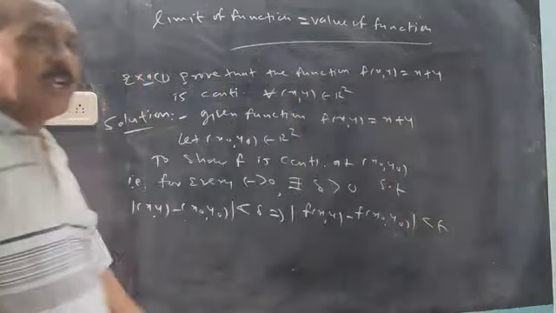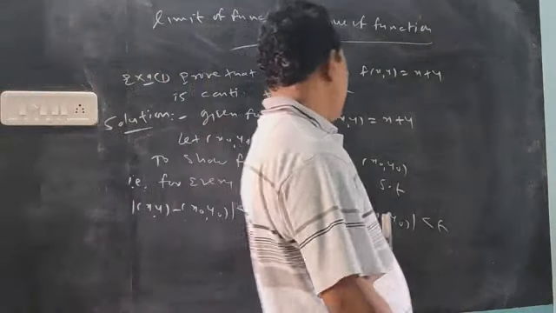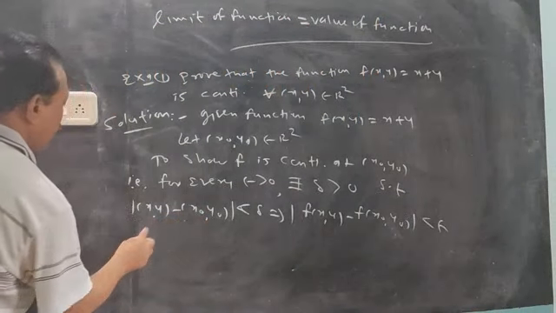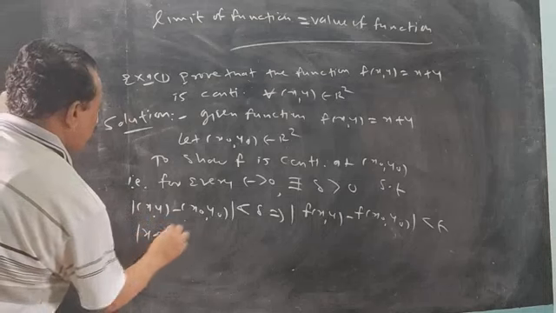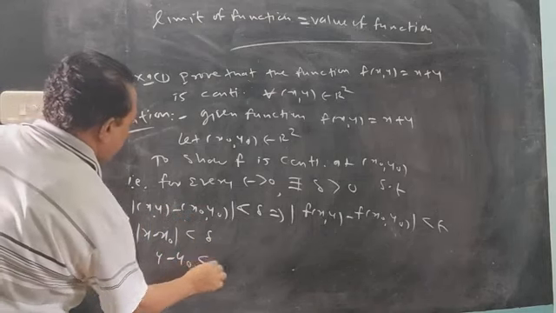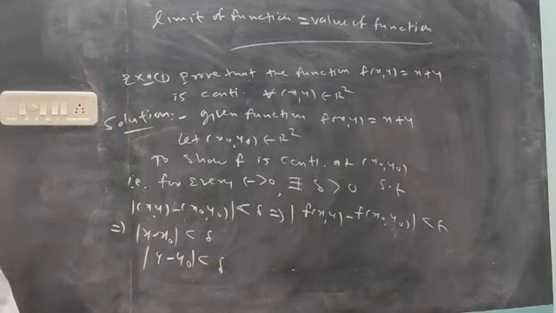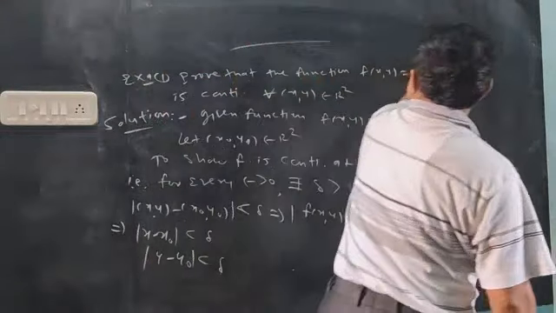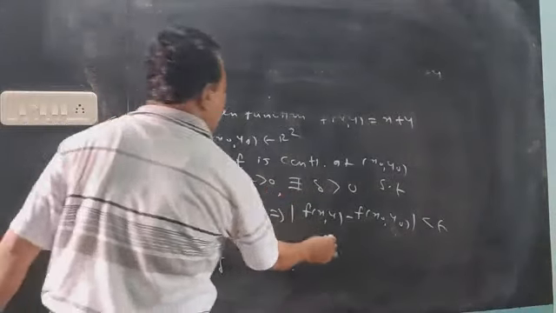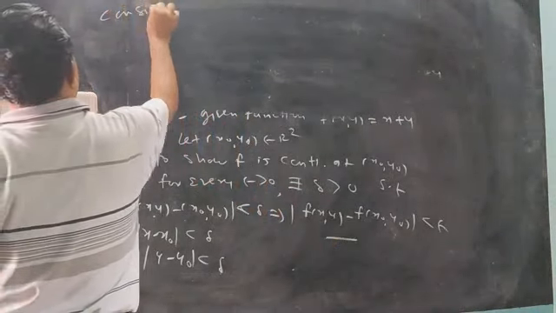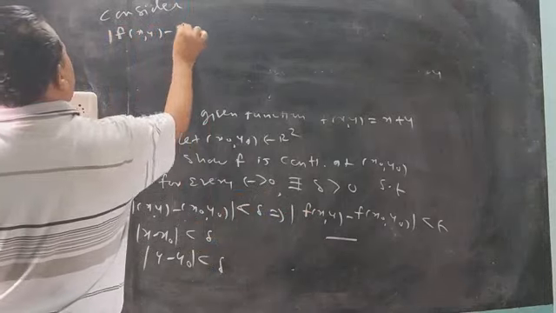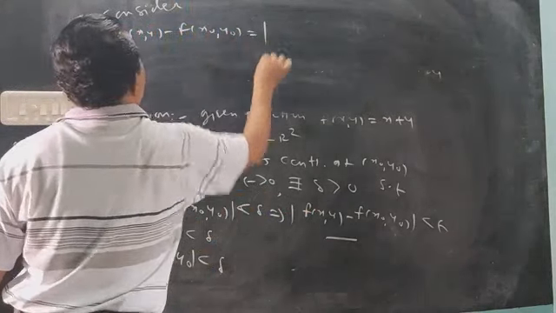Here, in continuity, there is no EL. In the case of EL we have to apply it. Okay. From this we know that mod of x minus x0 is less than delta, as we explained, and mod of y minus y0 is less than delta. So the left side is known to us. I want to show the right side, so whatever we have to show, we consider that. So mod of f of xy minus the function value, consider it and show it is less than epsilon.